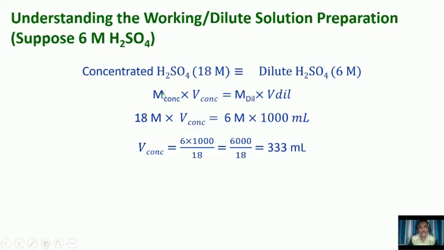So molarity of concentrated H2SO4 into volume required of concentrated H2SO4 is equal to molarity of dilute solution of H2SO4 into volume of diluted solution. This we are going to decide, how much we need as per our experiment we have to plan. If you are requiring only 100 ml, you can put here 100 ml. Okay, why to waste the chemicals? They are ultimately going to the environment and affecting us, affecting the flora and fauna.